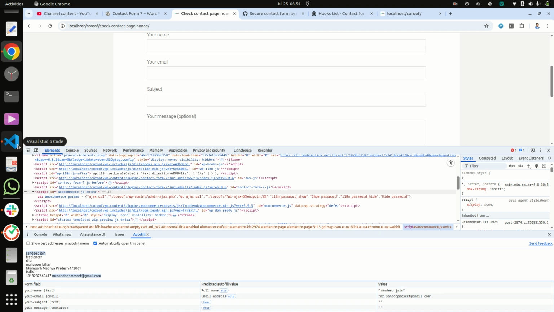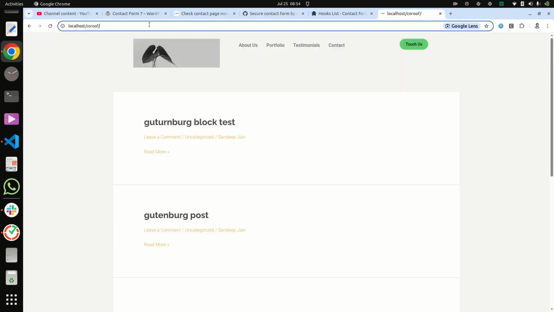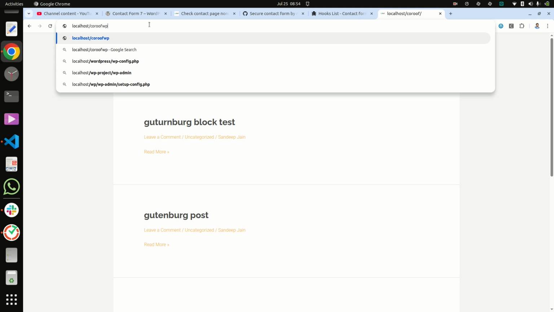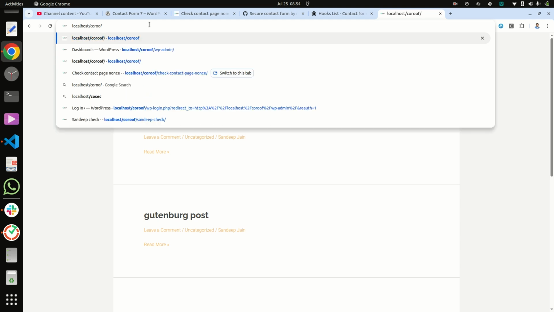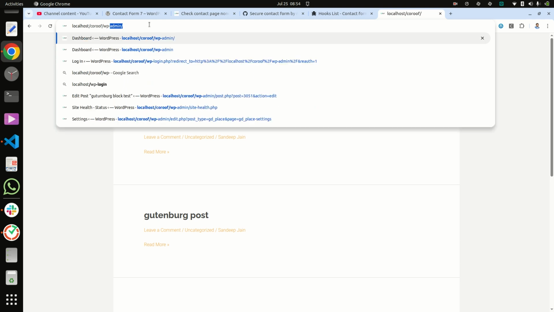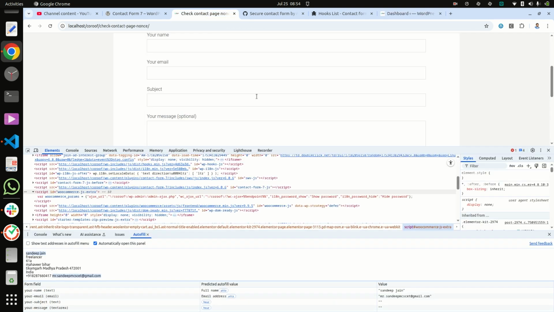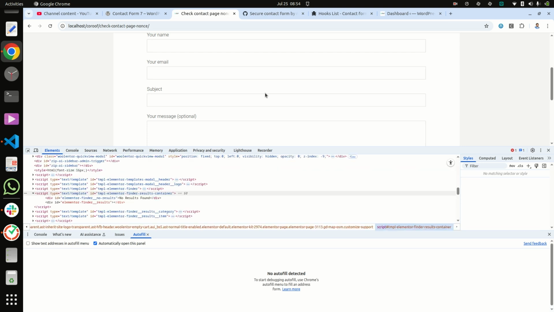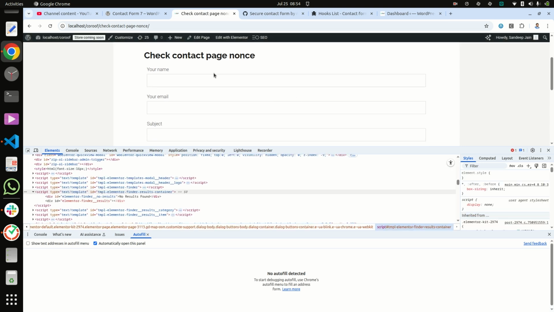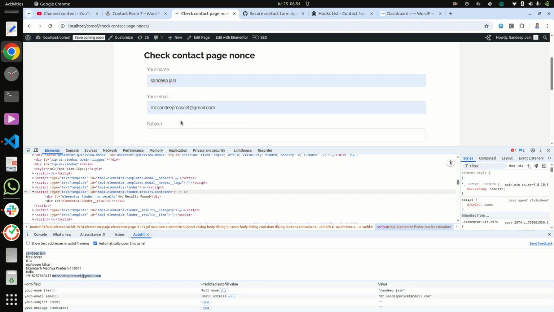I am giving one more tip here. Suppose you are logged in and you are checking it, then it always gives an error.